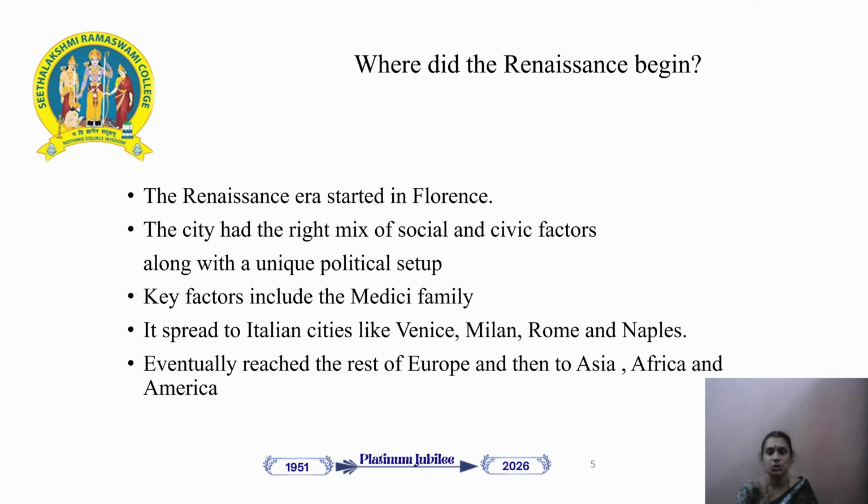As the Renaissance grew in Florence, it spread to other Italian cities like Venice, Milan, Rome, and Naples. Eventually, it reached the rest of Europe and then its colonies in Asia, Africa, and America. This expansion was helped by the European missionaries who promoted Renaissance ideas around the world, leading to a global spread